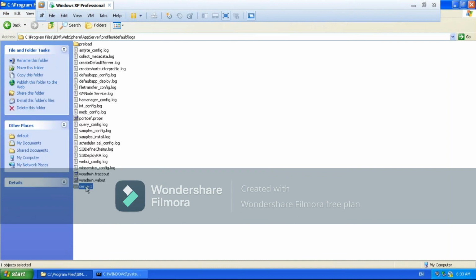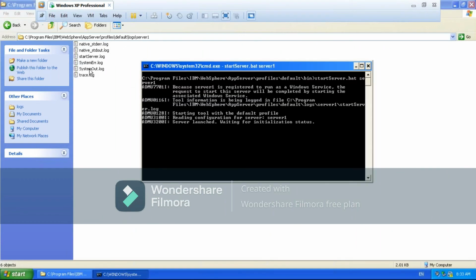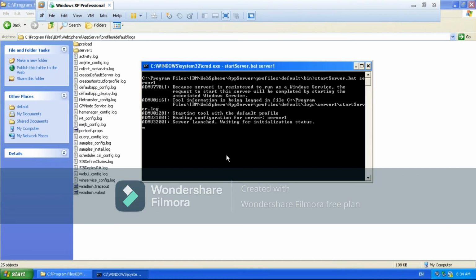Inside this server1 folder, all server related logs will be created, which is systemout.log, and everything will come here. You got the system log, which is a major log file of a JVM. Because it is a standalone setup, we have only server1, that's why in the logs you will see only the server1 folder.